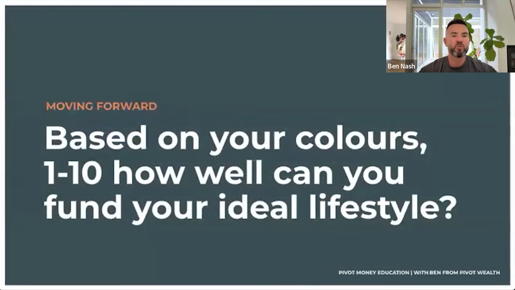All right. So, what I want to ask you just before we crack in on the nuts and bolts around trusts is, based on your colors, how well do you feel like you can fund your ideal lifestyle at the moment? You've probably got some green in there, a little bit of orange, a little bit of red, but overall, when you look at what you've done so far, how are you feeling about your ability to do what you want, at least today or into the future? You can give me the red, orange, green on this one as well. There's been a few orange, a few green, quite a bit of red as well.